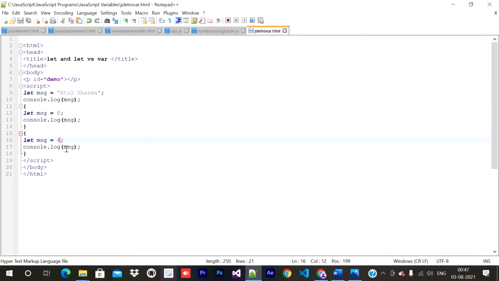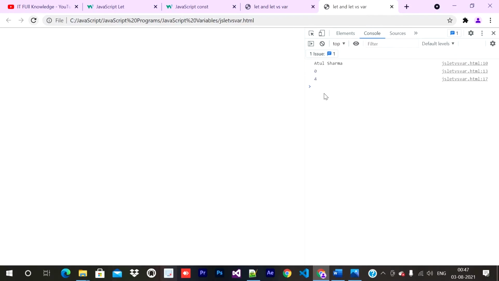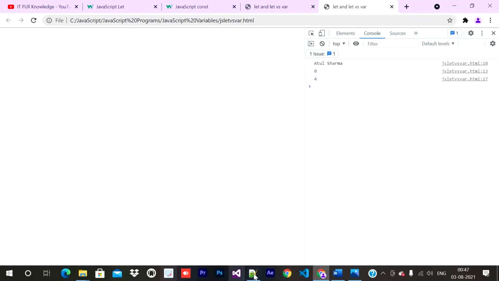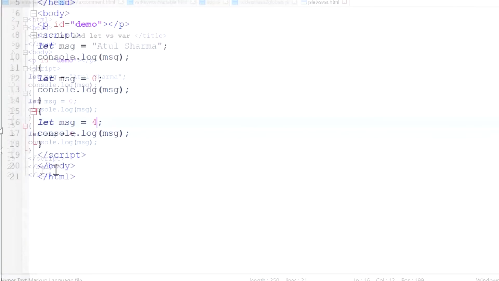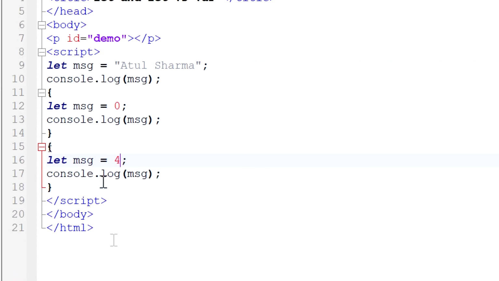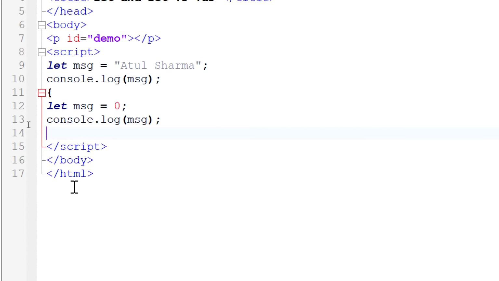As you can see here, within different scopes the same variable name can exist with let, but within the same scope a variable name can't be redeclared. Redeclaring with the same name in different scopes is absolutely okay in the case of let. I hope it is clear. A value of let with the same variable name outside will be accessible outside, and inside the curly brackets the inside value stays inside.